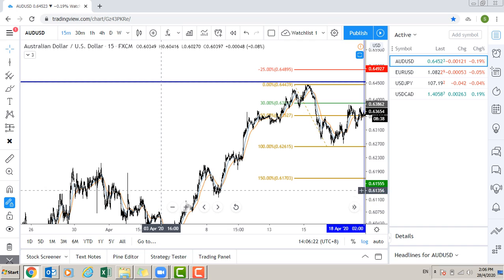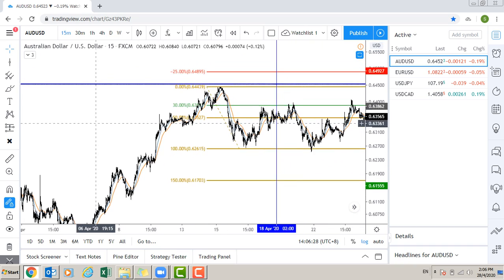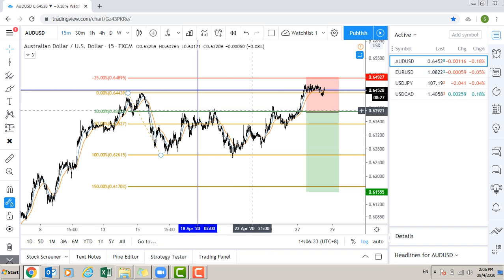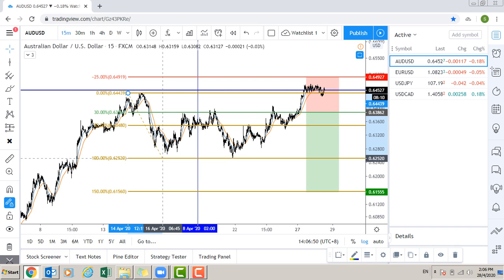In this case, for example, since yesterday I put a trade order here, and the order eventually opened at this opening price. I set 25% on top of this 0% line level as my stop loss. It's always 25%, but for this one I moved my 100% level a little lower, because I could see that